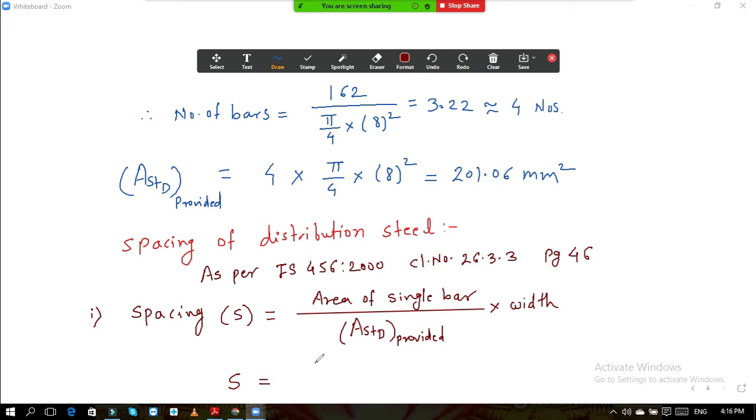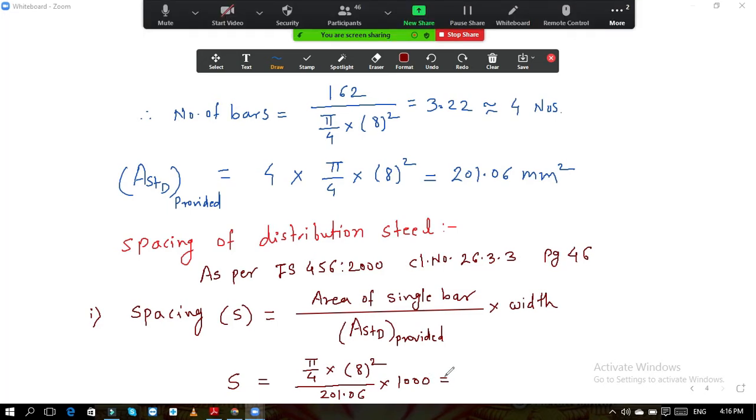S is equal to pi by 4 into 8 square, divided by the AST we have provided, 201, AST distribution provided 0.6, into the width we have assumed as 1 meter. So you will get the value of this spacing, which is 250 mm